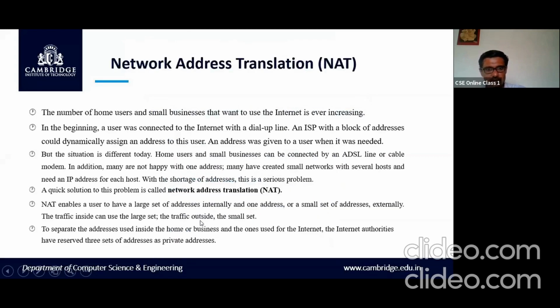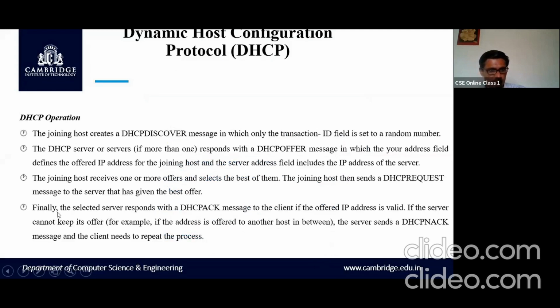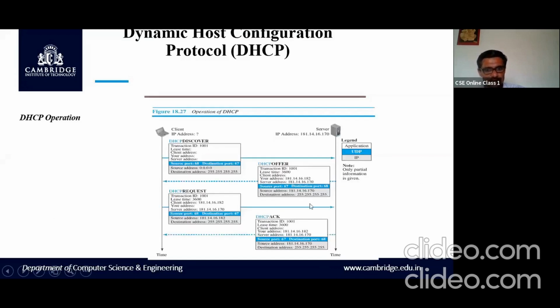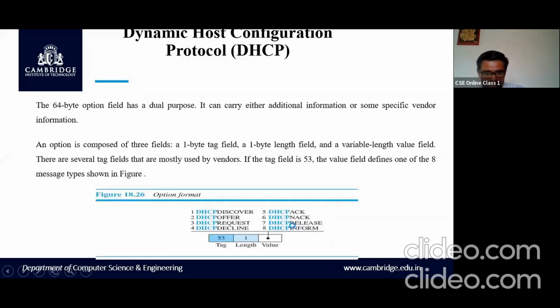Now in turn, there is a reply from the server. The selected server responds with a DHCP ACK message, DHCP acknowledgement message, to the client if the offered IP address is valid. If this is valid, then the server will send the acknowledgement to this. Okay, so acknowledgement sent to this. The server may also sometimes send a DHCP NAK, no acknowledgement